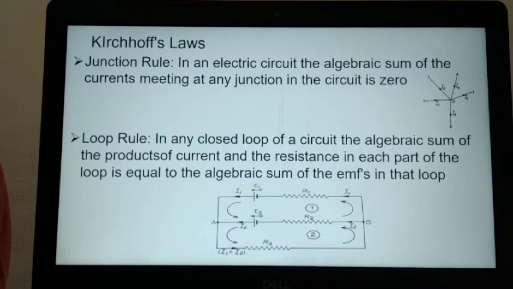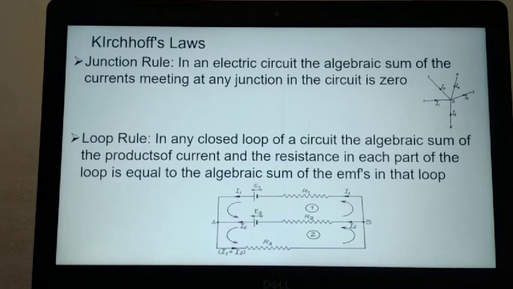So what you have got on the left hand side is minus I1 R1 plus I2 R2 equal to E2 minus E1. That is the equation for the first loop. Similarly you can write the equation for the second loop also. Why are we making these kinds of equations? These equations are used for analyzing a DC circuit, which we will find when you are going for problem solving.